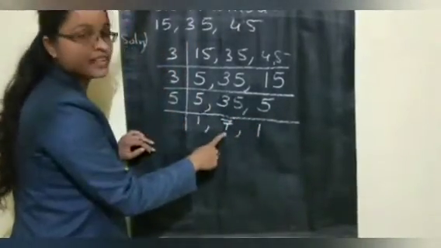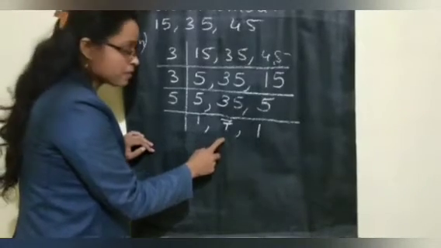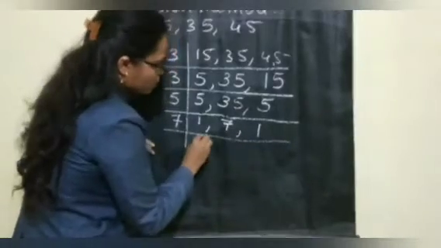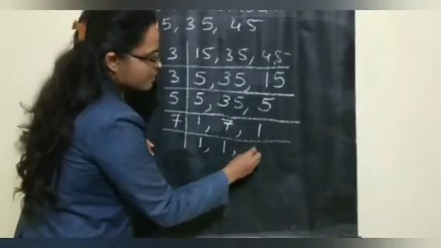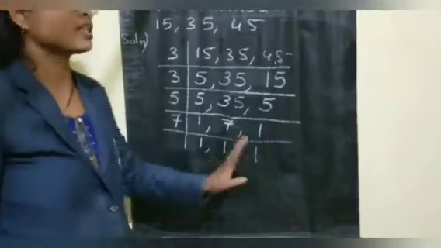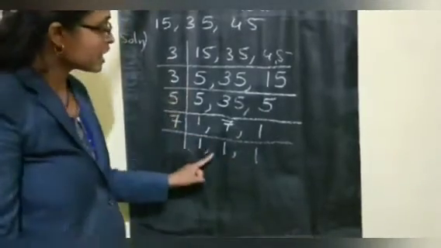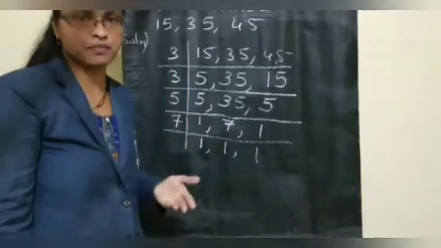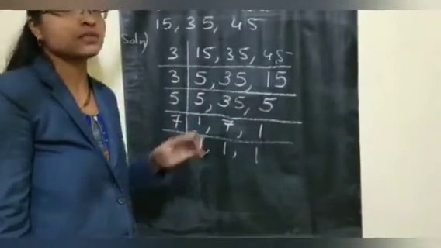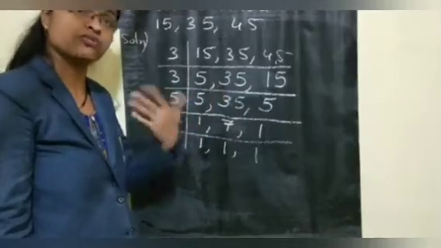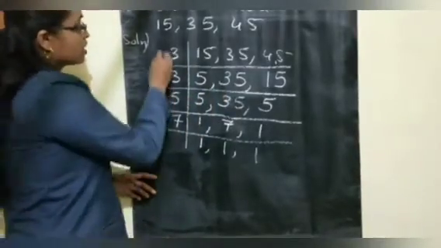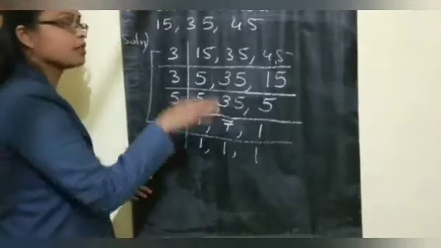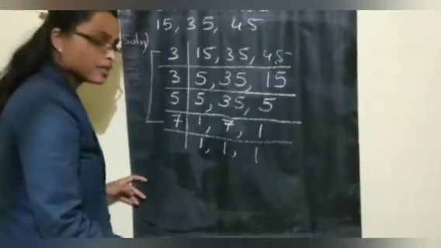Still one number is left and that is 7. 7 is also a prime number, so you have to divide by 7 only. So 1 as it is, 7 1s are 7 and 1. So everywhere we now get 1. So until you get every number as 1 here, you have to go on dividing with different prime numbers. At least one number should be divided in each step. If not, go for the next prime number. Now, these are the factors we have to multiply and get the product. That will be the LCM of those numbers.